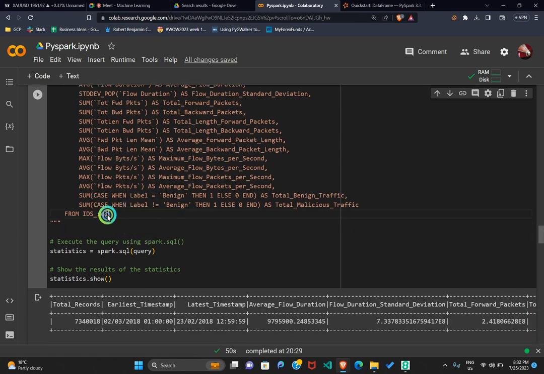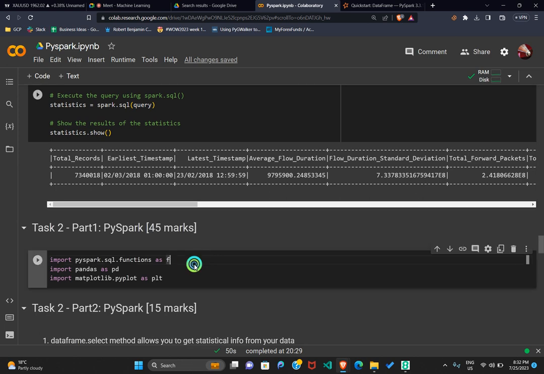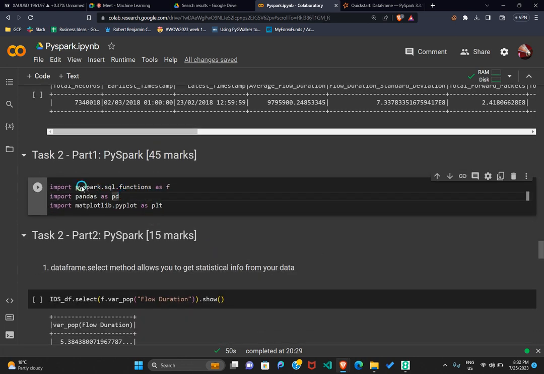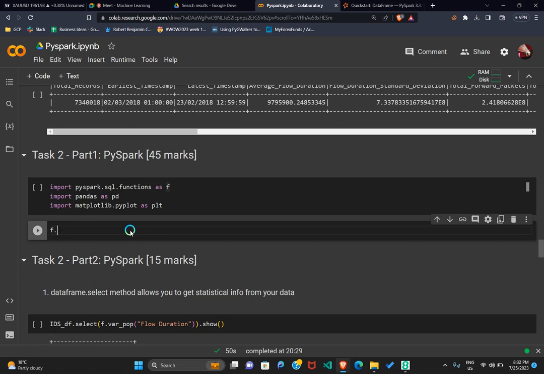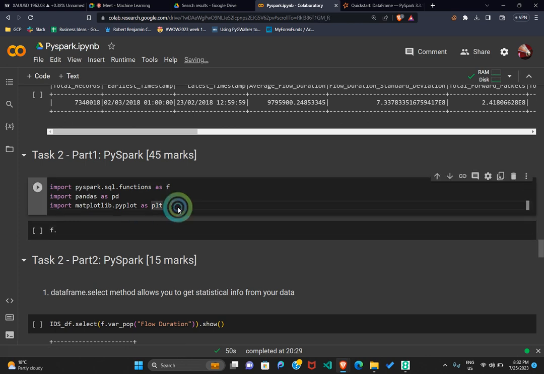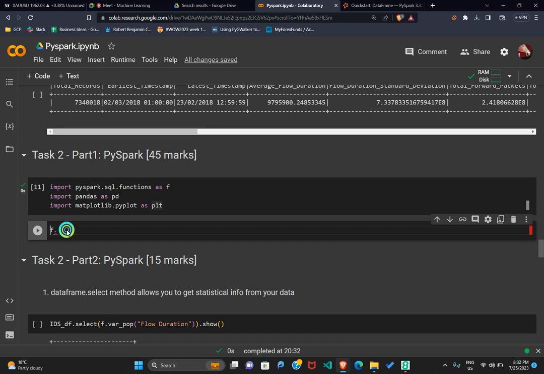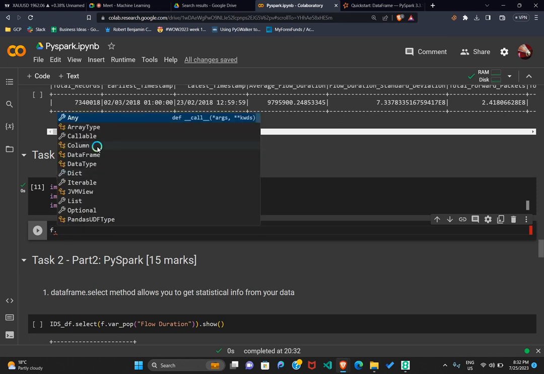But there is a second way in which you can do that, and that is by using the PySpark SQL functions. So here you will type in import pyspark.sql.functions as f, okay? Let's run this first. And then if we type in f dot, we have a few things that we can do. Here you can see, if I go through the list,